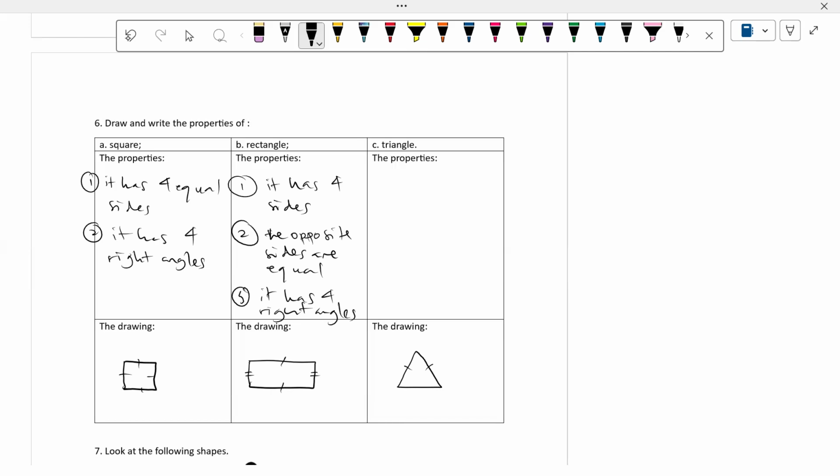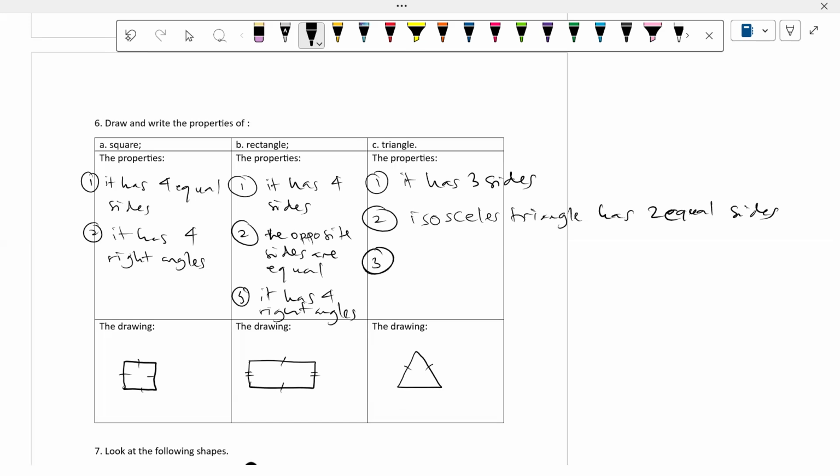And the last one is for the triangle. Look, in here, you draw the isosceles triangle. It has three sides. You need to mention that an isosceles triangle has two equal sides. And then you mention again, an isosceles triangle has two equal